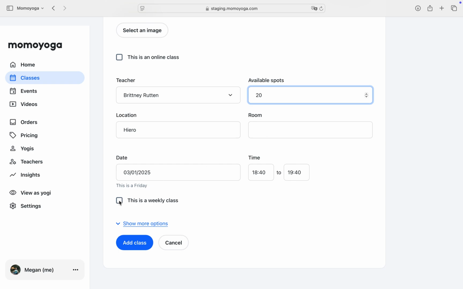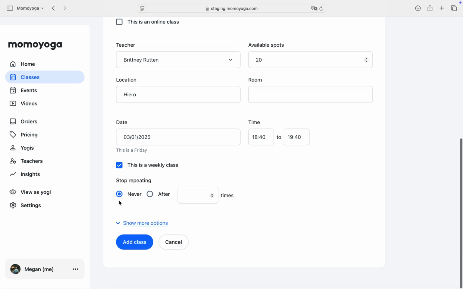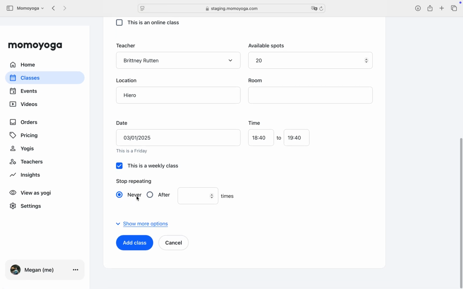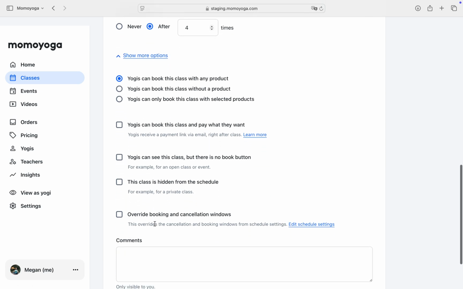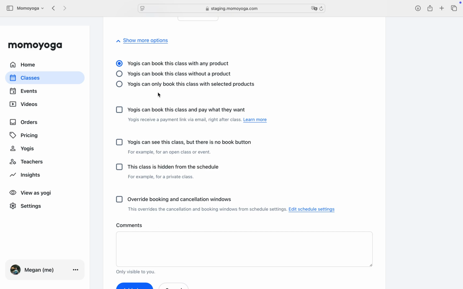If it's a weekly class, you can tick this box here and choose either never stop repeating, or for example it's only going to last 4 weeks and then this class will no longer repeat. Please be mindful of this option here, as if we click on it, it will give you options for additional settings for this class. For example, here you can choose how you would like yogis to be able to book